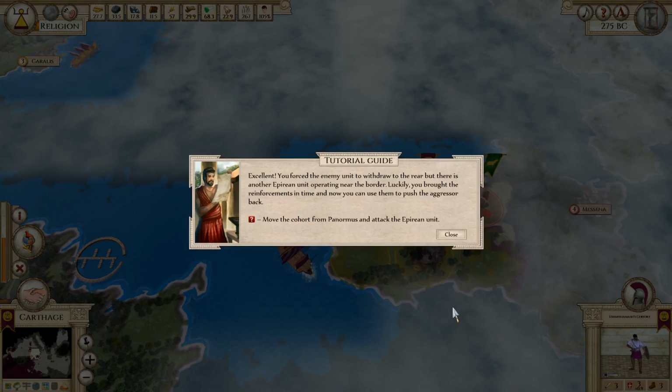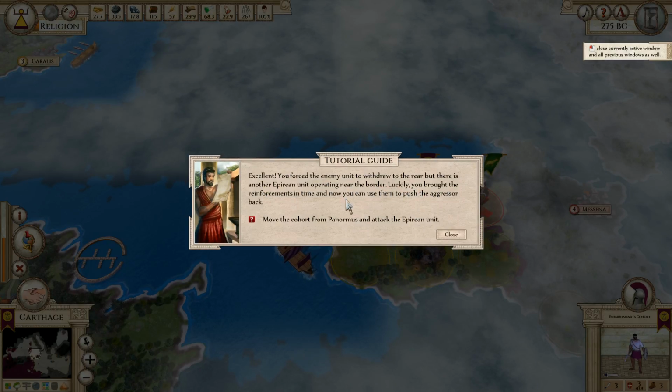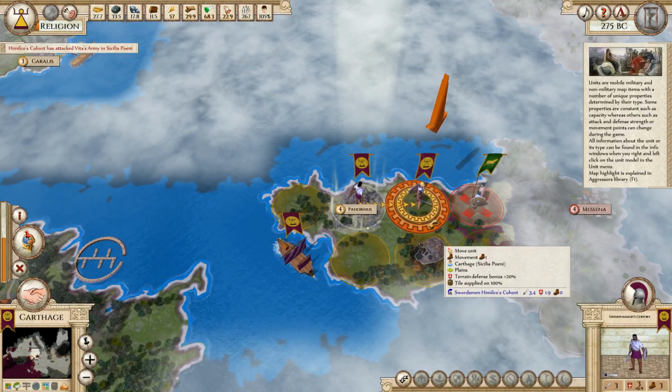And we'll click OK. You force the enemy to withdraw to the rear, but it is another Empyrean unit operating near the border. Luckily, you brought the reinforcements in time. You can now push the aggressor back. Move the cohort from Panormus and attack the unit. Okay, so...